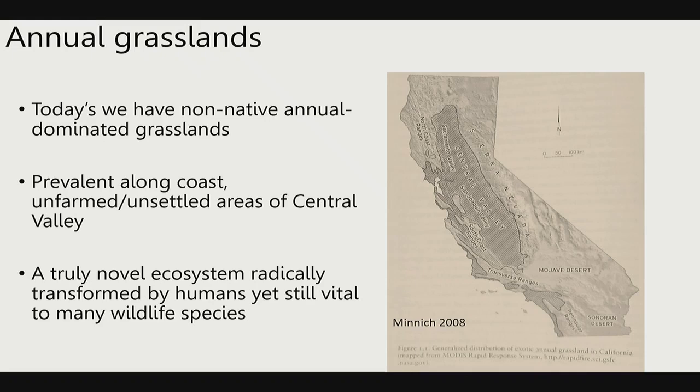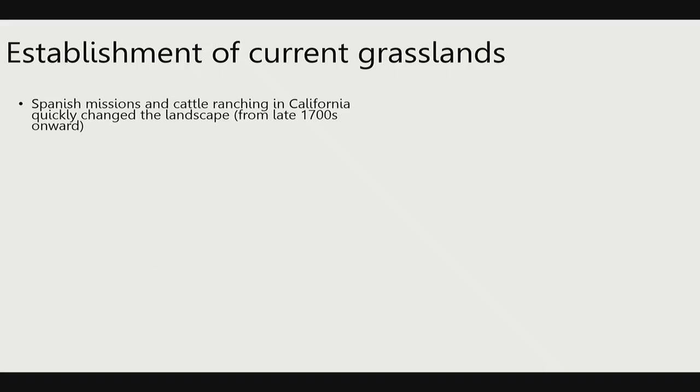Sort of the fundamental plants that make up these grassland communities in a lot of places have been replaced by non-native annual grasses, and yet they still exist as grasslands. The function they serve for a lot of vertebrate species in California still persists. They still make good forage. You can still eat the plants, even if they're annual plants. But it's different. It's fundamentally separate than what we saw before we started really keeping modern scientific histories. So we don't really know exactly what has changed, per se, right? So the way this happened was thusly.